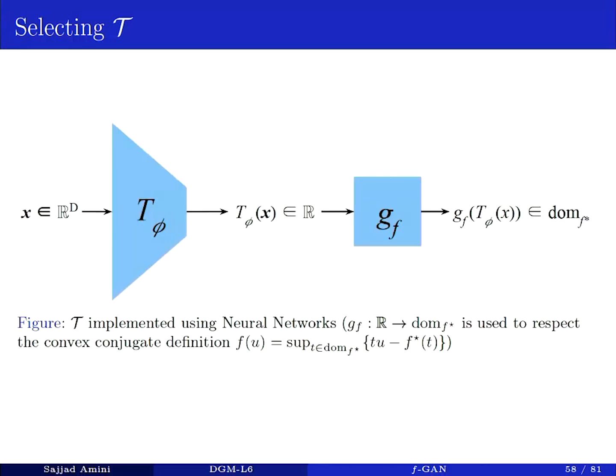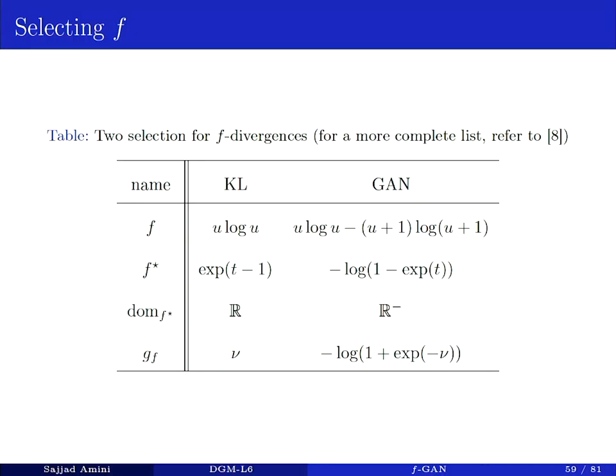But what is F star? F star is calculated for different functions. For example, in the case of KL divergence, it means that the f divergence is intended to implement KL divergence. Okay,